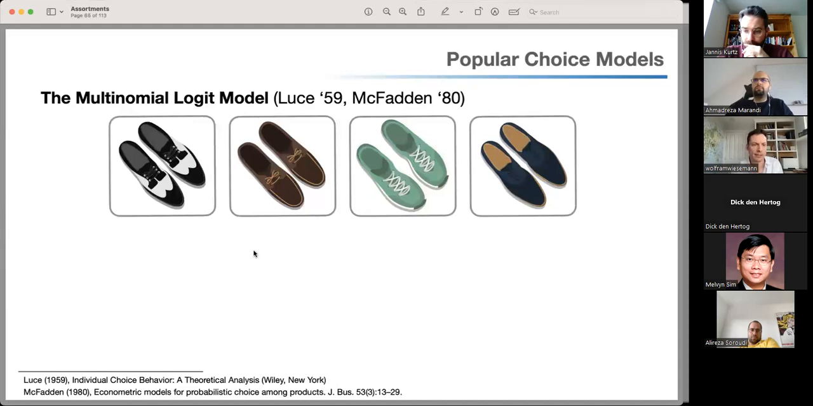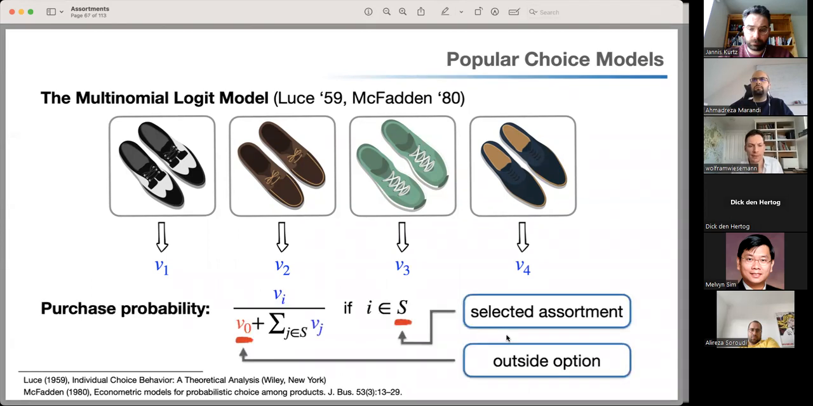So let's start with the multinomial logit model. That's probably the single most popular choice model in assortment optimization, both in theory as well as in industrial practice. And the idea is very simple. Imagine our product universe comprises those 4 pairs of shoes. Then the multinomial logit model essentially assigns a value v_i to each product i. And if we were to show our customers an assortment S, then the probability that a customer chooses product i